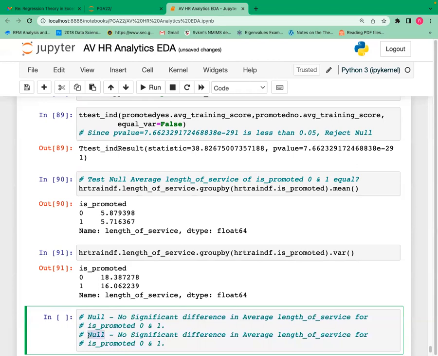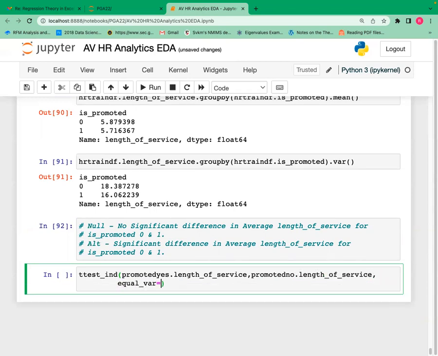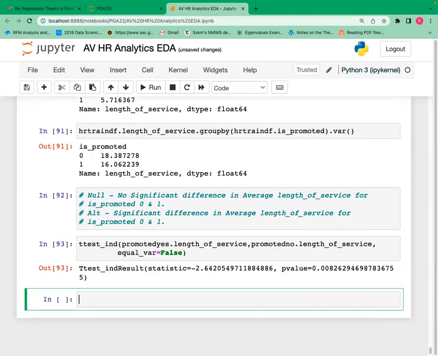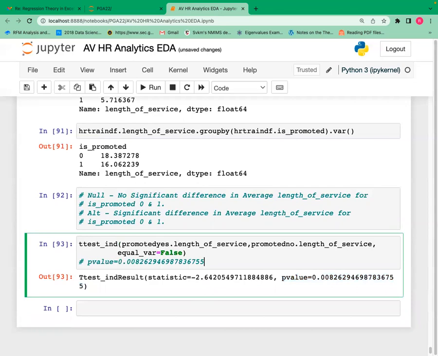Null as alternate and remove the word no. Significant difference. t-test underscore int, promoted yes dot length of service comma promoted no dot length of service comma equal underscore var is equal to false. So p value is less than 0.05. So we will reject the